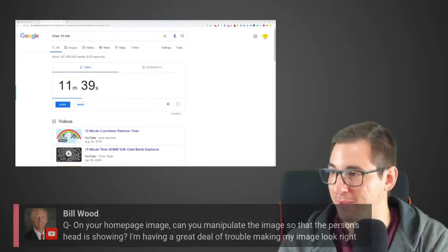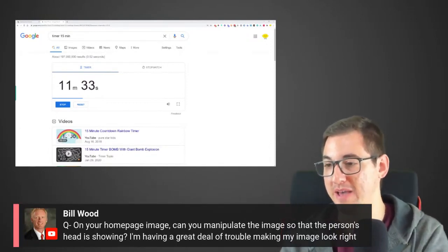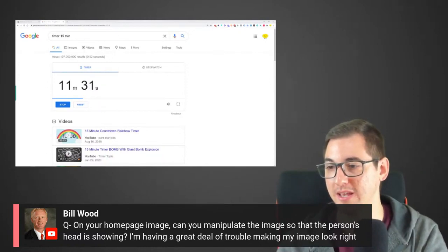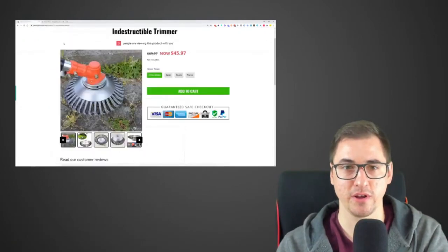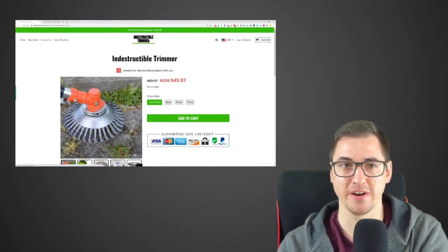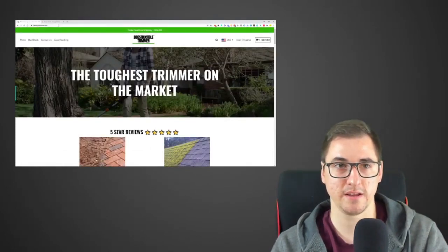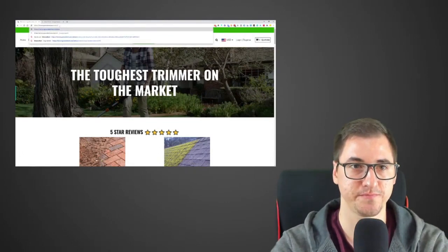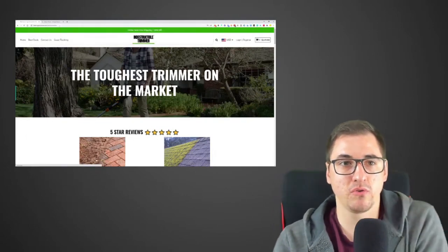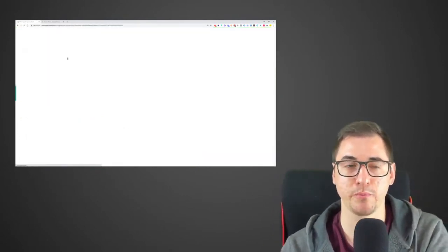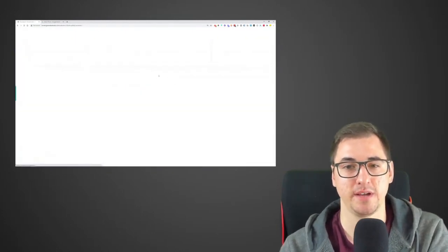Awesome. On your homepage, can you manipulate the image so that the person's head is showing? I'm having a great deal of trouble making my image look right. If you're talking about the same page image over here, let's just see. Yeah, probably yes. So let's go on and type in here administration. Okay. In GrooveKart.com, I type in administration and it pops me into the dashboard immediately, because I'm already logged into